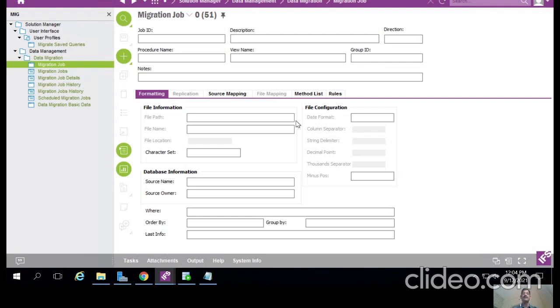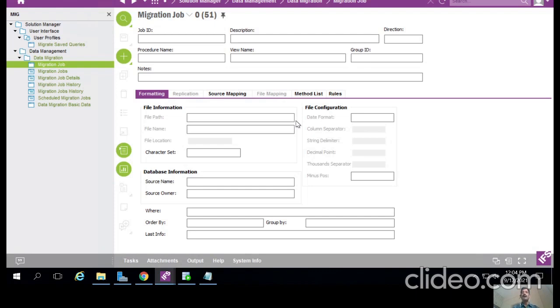Why are we using data migration? In IFS applications, data migration is a tool that loads data from external sources into the application core objects. Correct. This tool is typically used to move data from a previous legacy system when an IFS solution is first implemented.